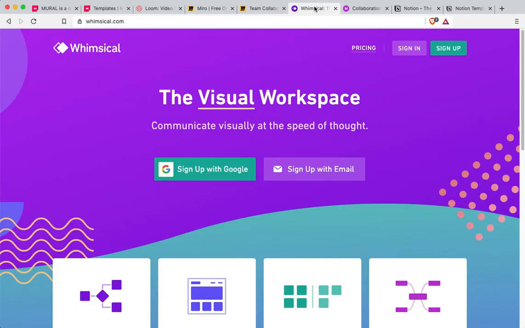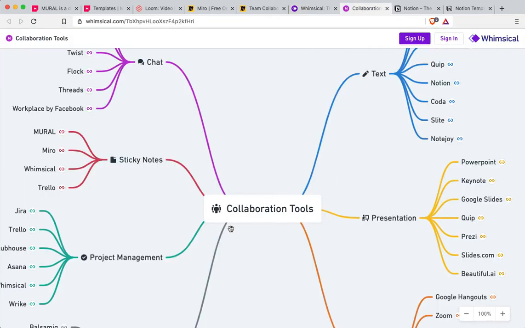The fourth application is Whimsical. This is also a visual workspace, but this one is a little more pared down. It's not quite as robust as some of the others, and face it, many of us don't need a really hardcore, robust application for some of the things that we're doing, so please check all these out and see if it's the right fit for you. In terms of Whimsical, anybody that knows me knows I love a good mind map, and they have a really great mind map application